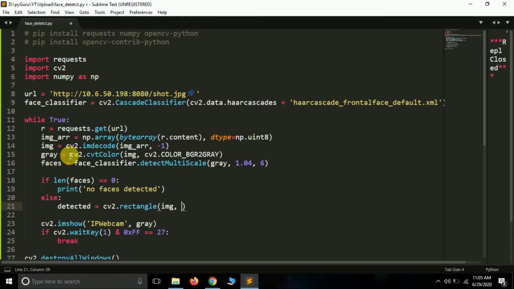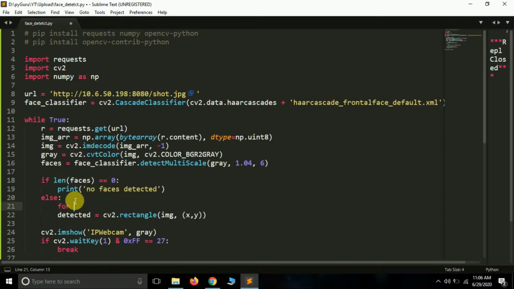Basically you will find no difference. So img, and then the initial point is x comma y. Sorry, here we have to put a for loop: for x, y, w, h in faces. As I said, this faces is storing 4 things, the x and the y, the w and the h of the rectangle.